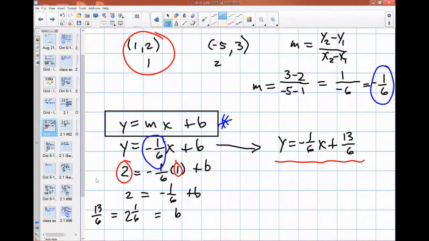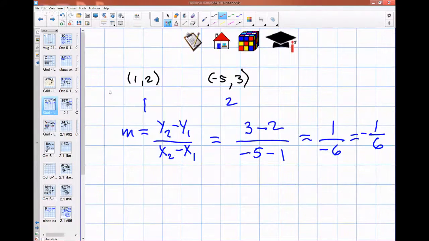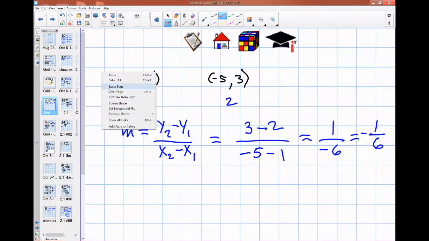Anybody need me to pause there? Are there any clarifications? Yeah, one quick question. What if you did the points backwards, like the 1, 2 was... How about if I do it over again? I'll tell you what. Let's go back to this slide, and I'm going to just